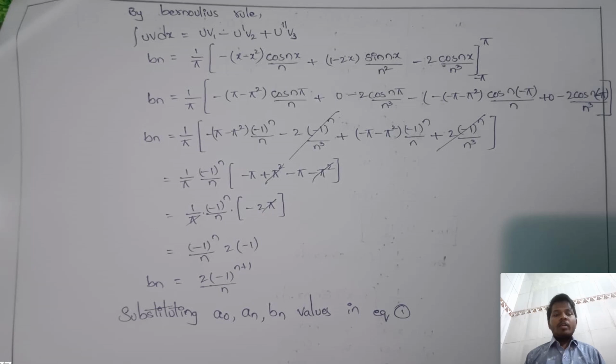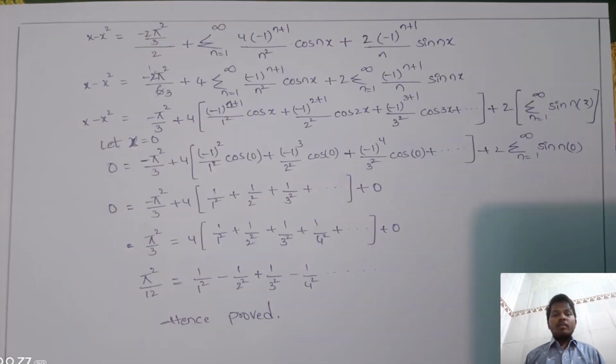Here the pi value gets cancelled. So the remainder is minus 1 whole power n by n, 2 into minus 1. So the bn value is 2 into minus 1 whole power n plus 1 by n. Substituting the coefficient values in equation 1. So by this, x minus x square is equal to